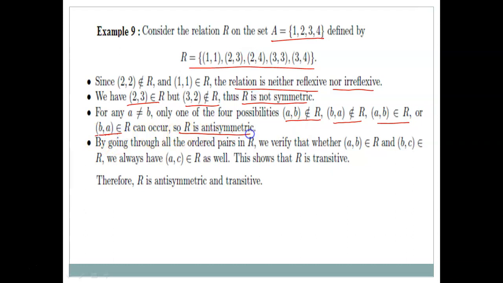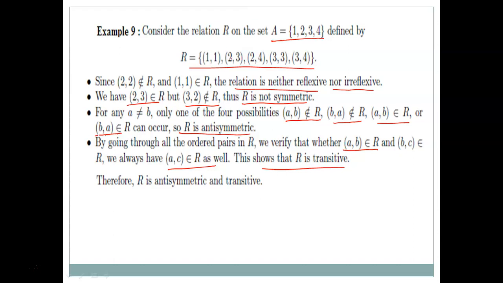So R is antisymmetric. By going through all the ordered pairs in R, we verify that if (a, b) belongs to R and (b, c) belongs to R, we always have (a, c) belongs to R. This shows that R is transitive. You can see, if (a, b) belongs to R and (b, c) belongs to R, you look at this. (a, b) belongs to R, for example,